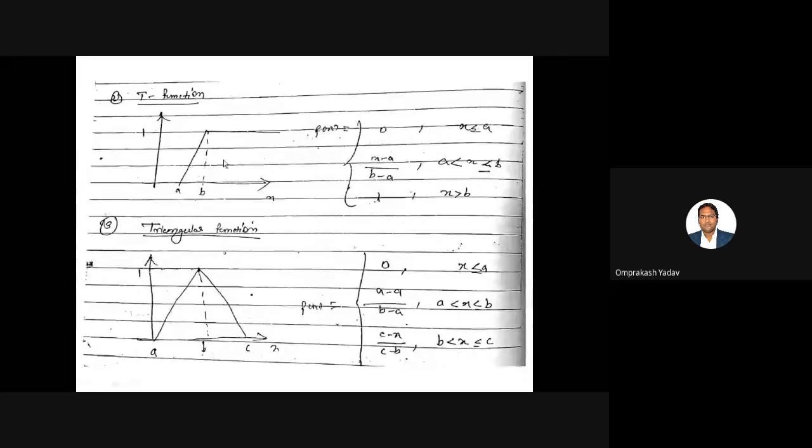Okay. Next, it's a triangular function. The triangular function will have the triangle shape. So the shape is triangular. Now, if you want to write the equation for the lines, it will be an increasing line, and then there is a decreasing line, right? So first we write the equation for the increasing line, and then for the decreasing line. The increasing line is between the A to B range, and the decreasing line is between the B to C range.